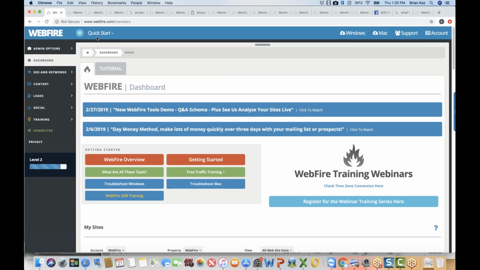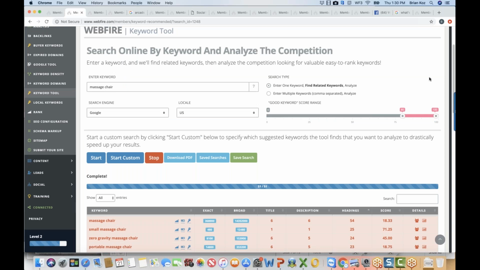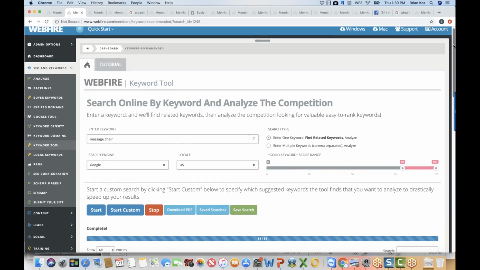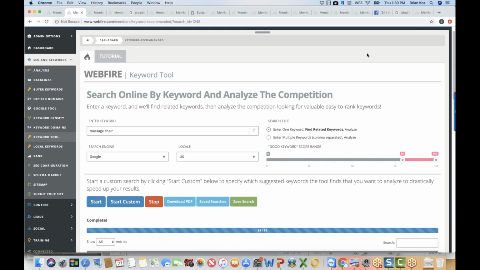So one of the first things you want to do, if you're looking to make some content or a blog post or a new site, is know what keywords you have an easier or harder chance of ranking for. Now, traditionally, it's kind of hard to do this research on your own.